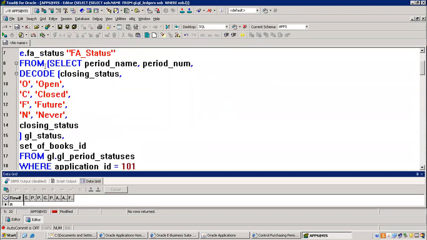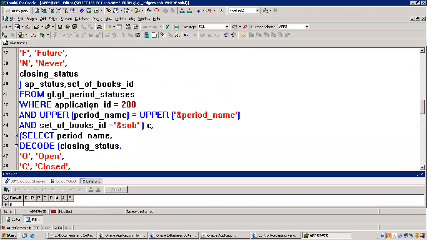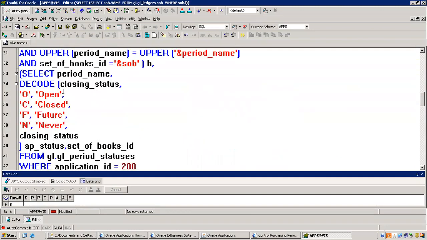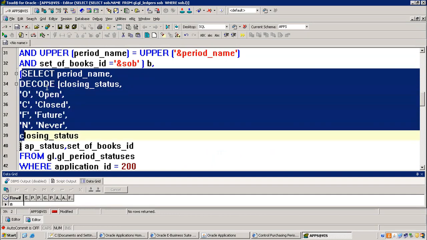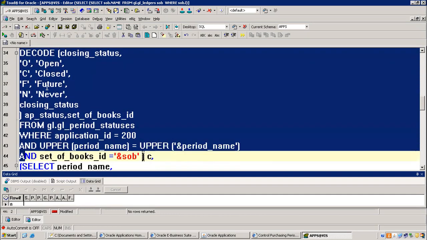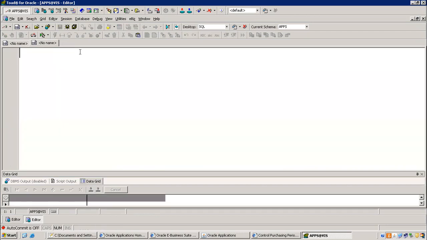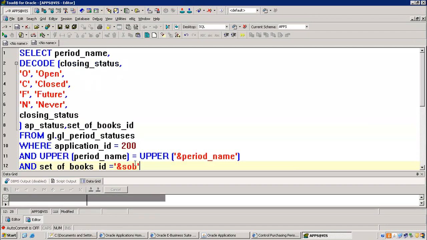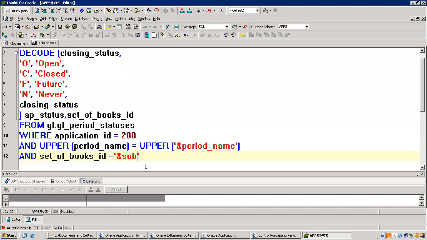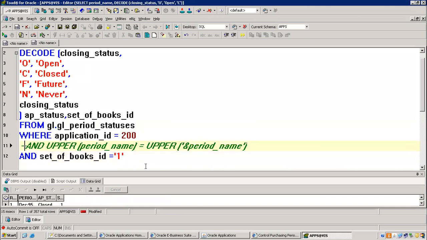So I'm taking this only whatever there in the parenthesis. Inside of subqueries, we'll take it from here. Select period name from GL period statuses till here. Okay. If one query is working, then other queries we can easily make it work. I'm just taking out. So here is a place. Set of books ID is 1. And this I'm commenting because I should know how period name is started.